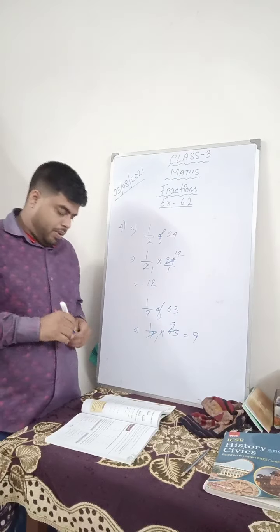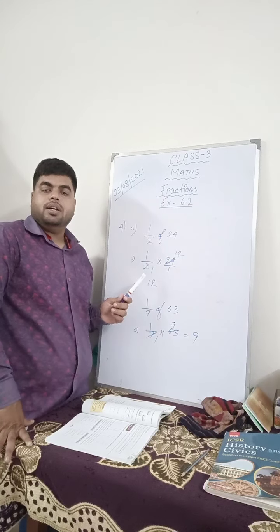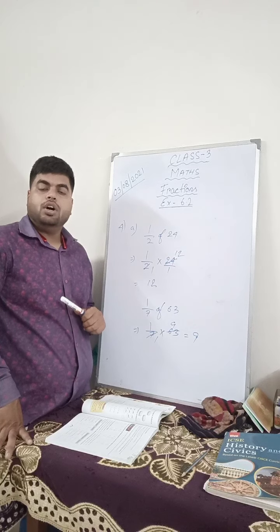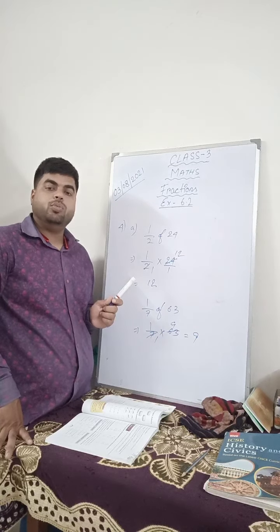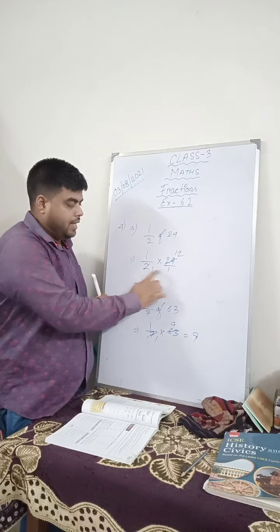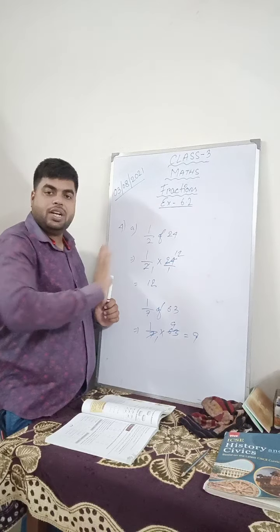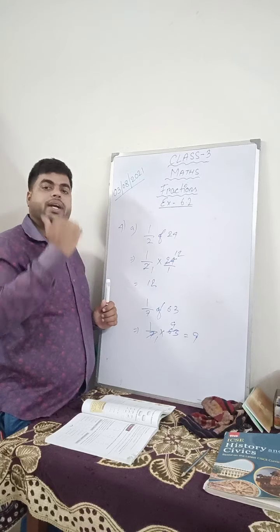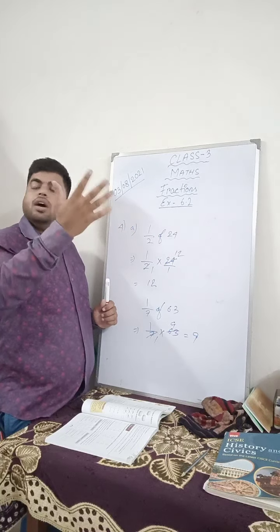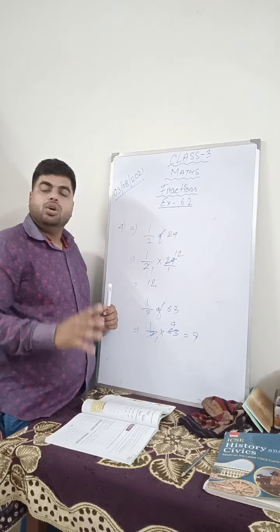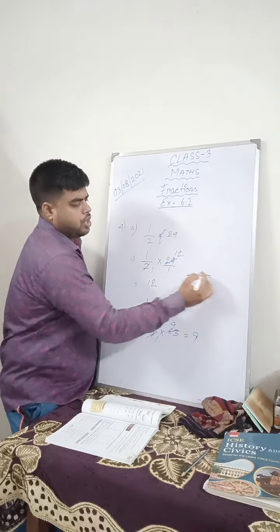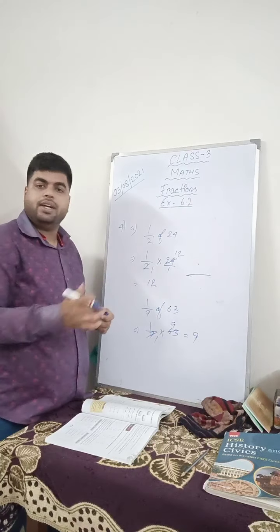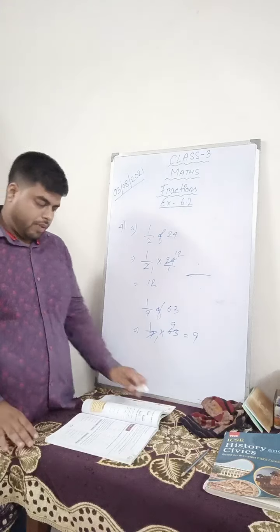That means remember that whenever we divide, we divide the numerator by the denominator or the denominator by the numerator. We do not divide denominator and denominator, or numerator and numerator. We multiply numerator and numerator. We divide denominator and numerator, or numerator and denominator. Very simple. We divide top to bottom or bottom to top. We don't divide side by side. So I hope all of you have understood this.